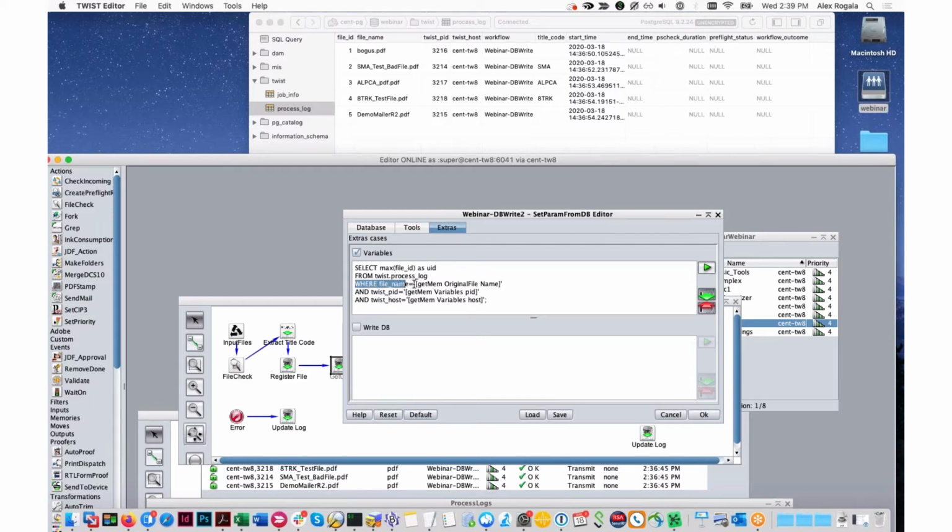I'm selecting that where the file name matches my current name, and where the process ID and host name also match my current situation. Because if those three things match, then I'm dealing with that same record. I did also put a max in here just in case I got multiple results. I'll assume that the newest is the one I want. So